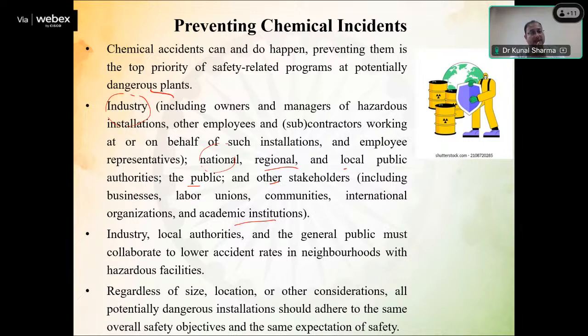See, for example, when we talk about disasters, nobody alone is responsible for the emergency, everybody is responsible. Some people say, okay, industry is earning from these chemicals, so they have to respond. It's not like that. Whenever there is a leakage, incident, or emergency involving a chemical, everybody comes into the picture because it requires